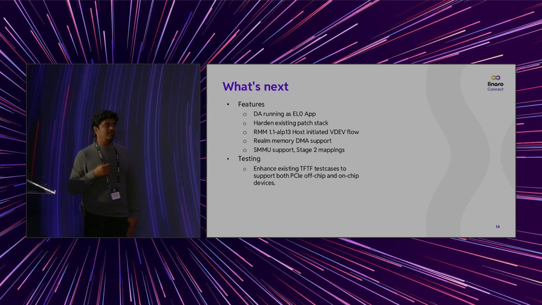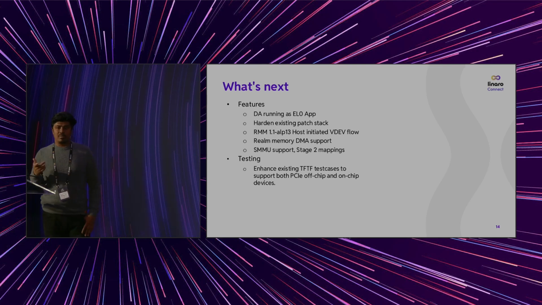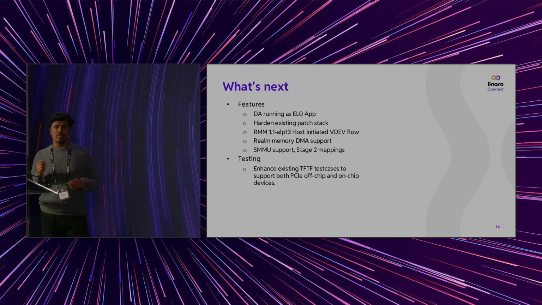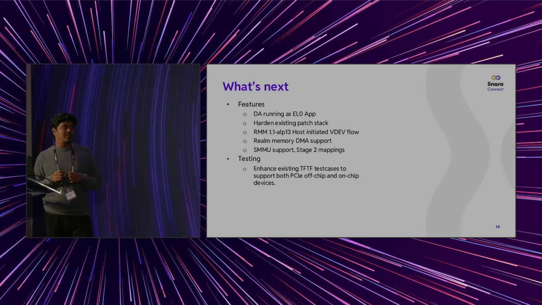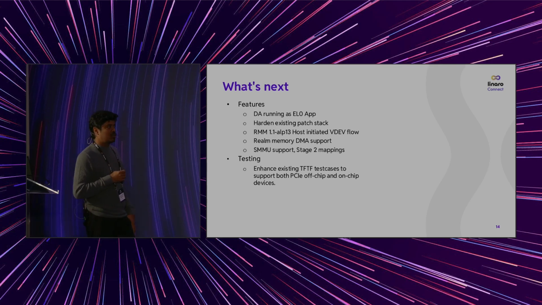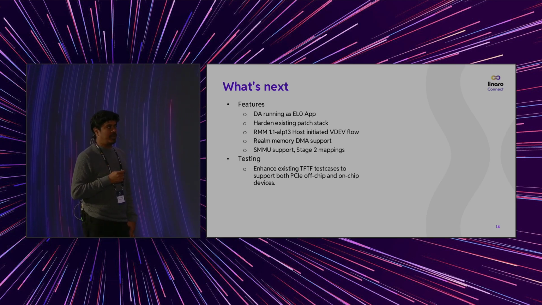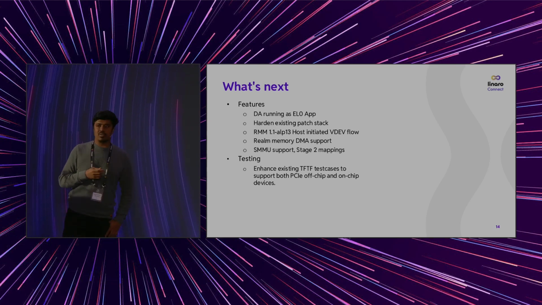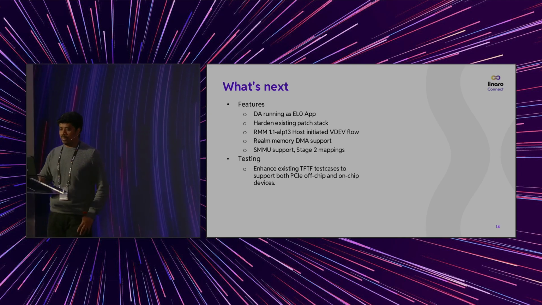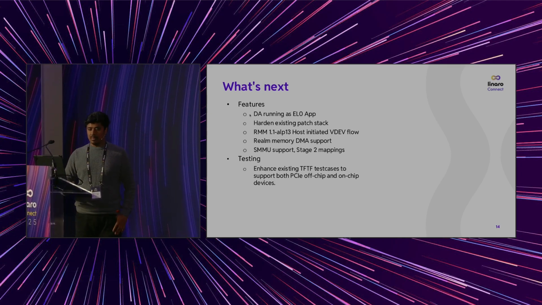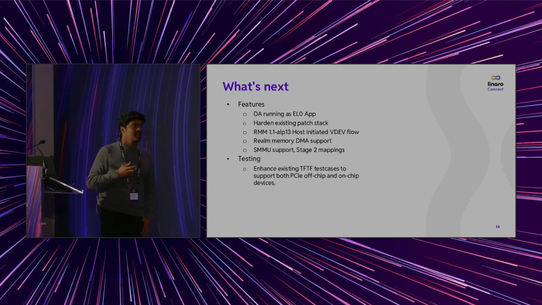This aligns with the latest of what the other CPU architectures have, and how the flow happens when the realm has to accept the device. Also, realm DMA support is being planned, and the SMMU driver support is also planned immediately. And there is also a plan to move the